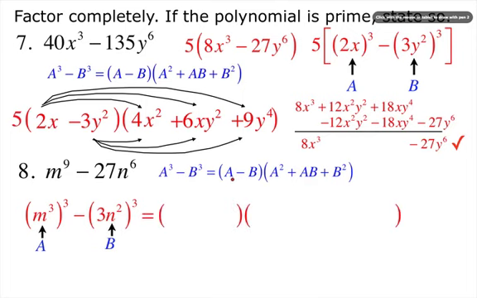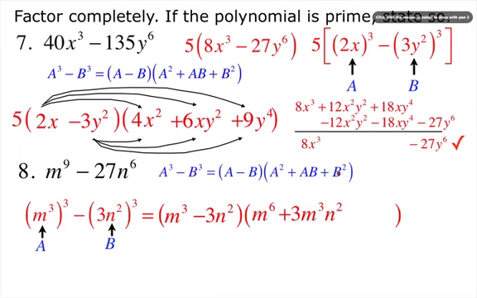So whatever the a is, which is m cubed, put it there, minus whatever the b is, so it's negative 3n squared. We're done with the binomial. Now let's write the trinomial. A cubed, so whatever the a is, we raise to the second power. So m cubed raised to the second power, we get m to the 6th, plus the product of these two, whatever the a is and the b is, and this is what you get, and then plus whatever the b is, which is 3n squared,